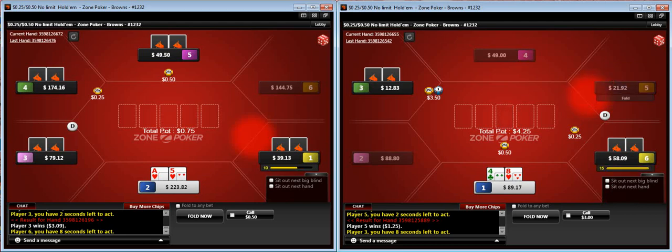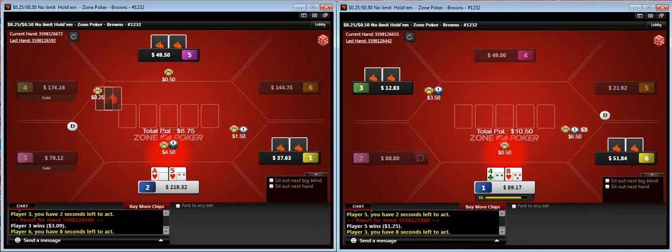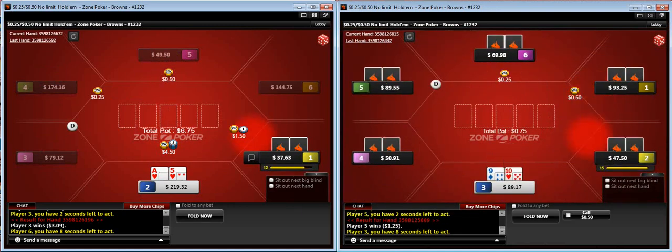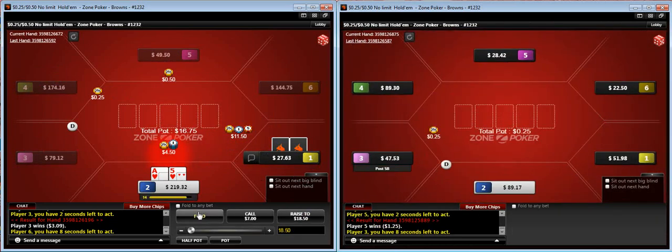Ace 5 suited, cutoff first position. This is a 3-bet. Fold to a 4-bet. He's short stack, 37-6-3. Keep that in mind. And like I said, we're folding to a 4-bet, so...